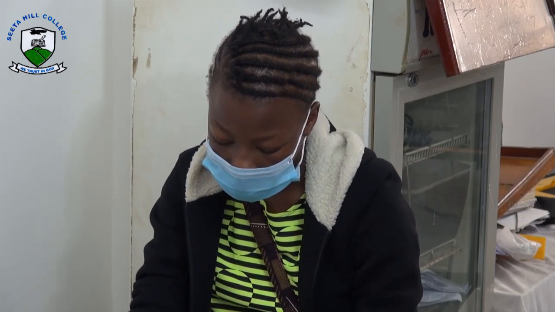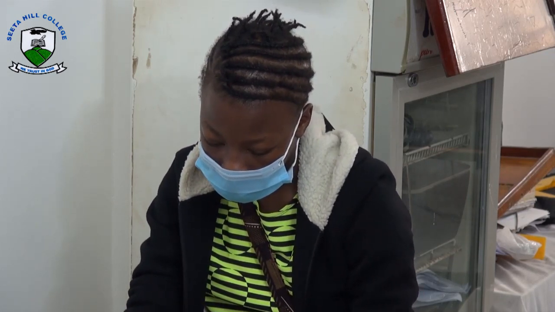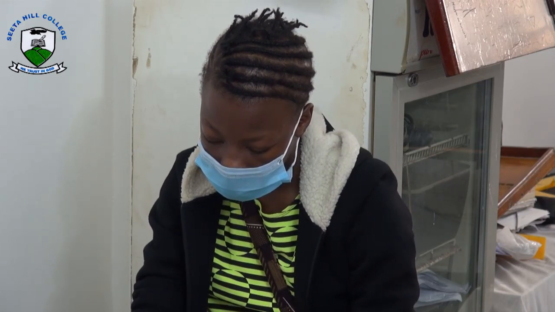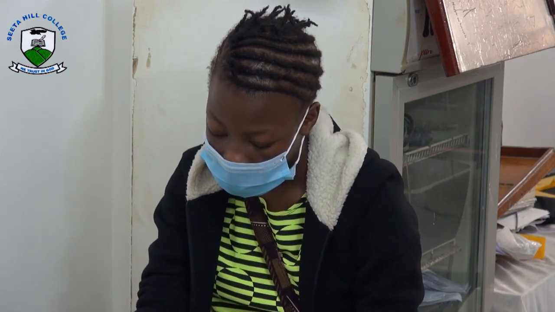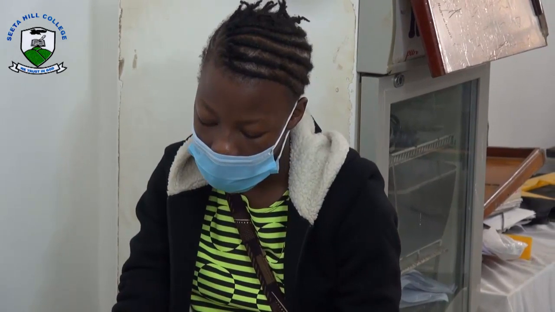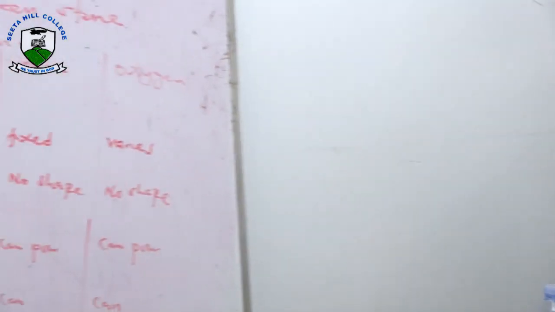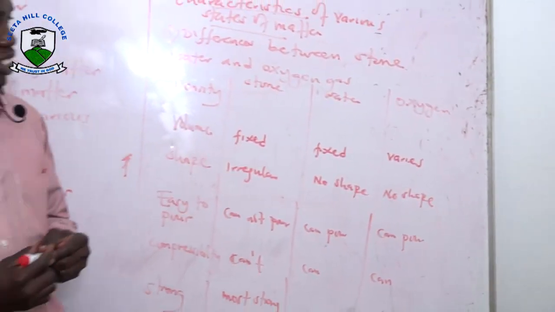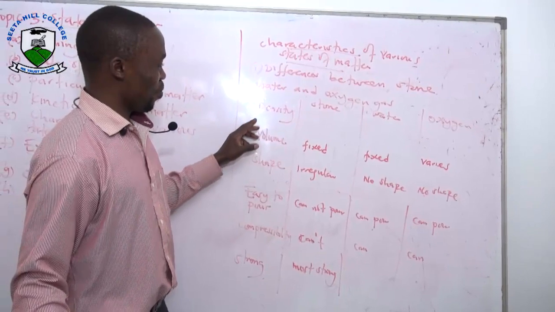Then in strength, the stone is the strongest, water is stronger in strength, and oxygen is weak. Okay, thank you, Patience, for the presentation. Now, in summary,